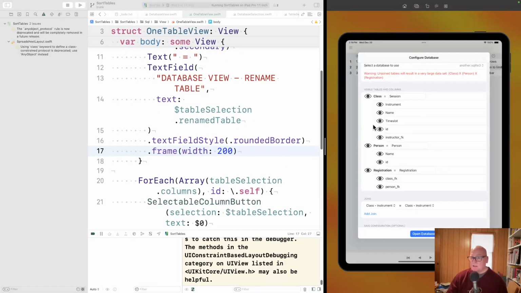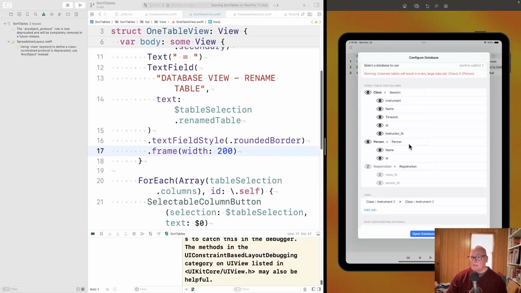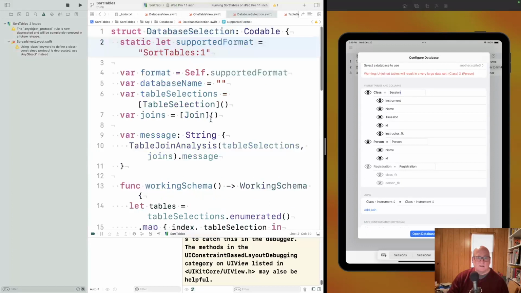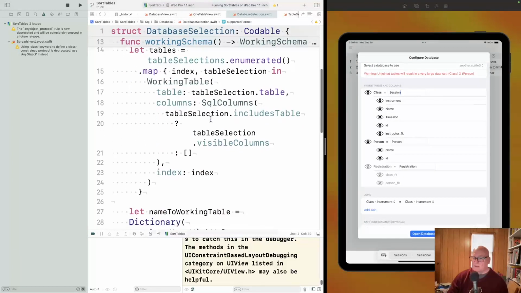So this part is configuring a database, and with a database you get tables, and then they usually have to be joined. So here, a registration for a class, we want to join class FK to class ID, and then person FK to person ID, and then we don't really want to even see this registration table. That's not useful to look at. It's just a bunch of keys. Okay. All right. So we have something that is editable, and it's in our database selection. So that's good. The next thing,